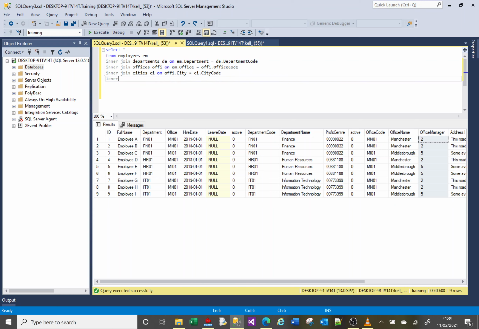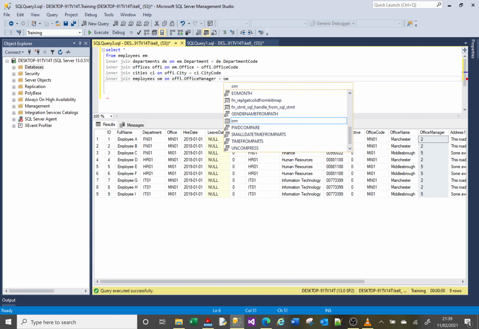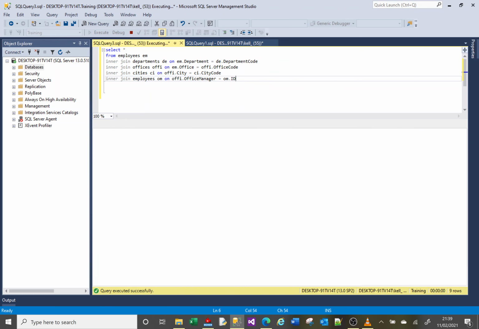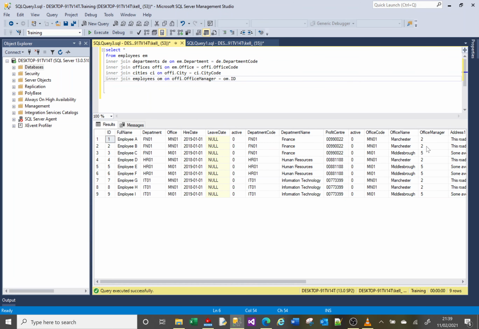So I'm going to do an inner join to my employees table. Now I can't give it the same alias because the aliases have got to be unique. So I'm going to give it an alias of OM for Office Manager, and I'm going to link the Office Manager column to my OM, which is my employees table, my ID column in my employees table. And if I run that, what we should see here,